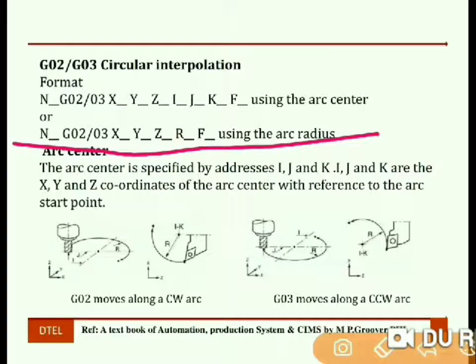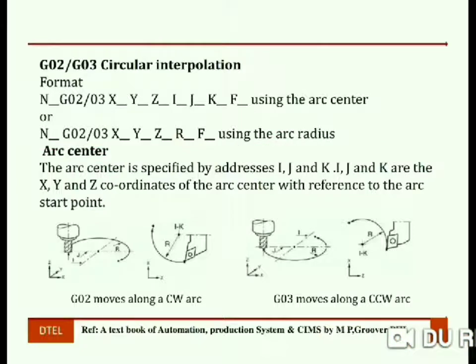Then you have to give the desired next coordinates, that is X, Y, Z, and we have to use the arc radius and feed rate. If we are using arc center, then the arc center is specified by addresses I, J and K. I, J and K are the X, Y and Z coordinates of the arc center with reference to the arc start point, which is shown in the diagram.